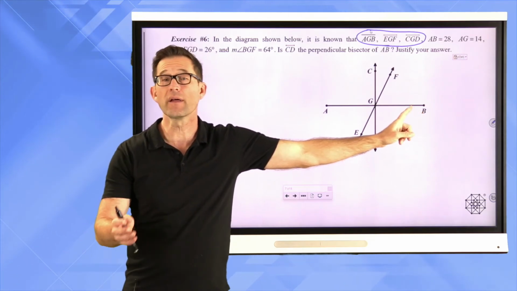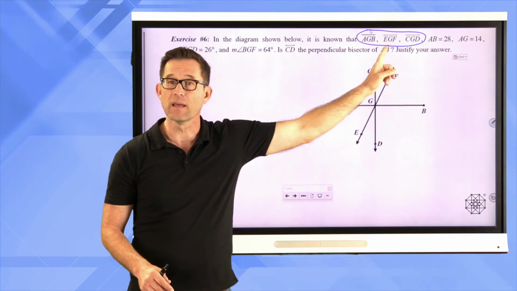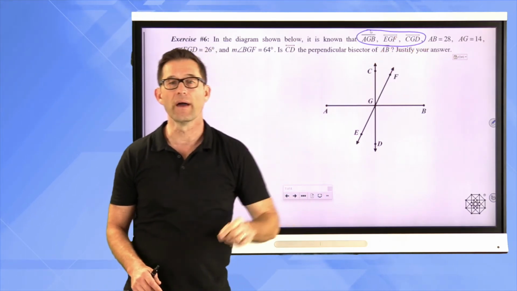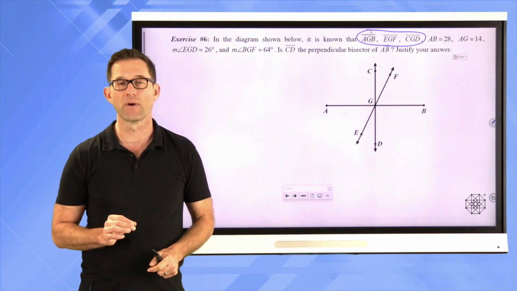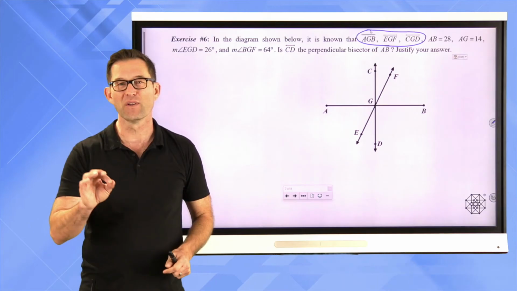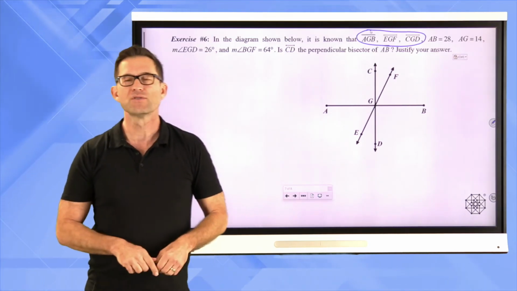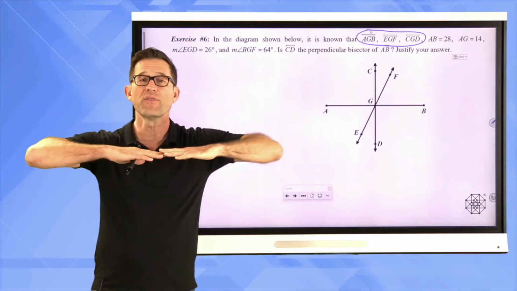Now I know they look like they fall in a straight line, but here we know for certain. And the same thing here, EGF fall in a straight line and CGD fall in a straight line. So those are all collinear pieces of information, or pieces of information about collinearity. I'm not sure the information itself is collinear. Anyhow, we've got these pieces of information that tell us that, and that's important because if these things aren't